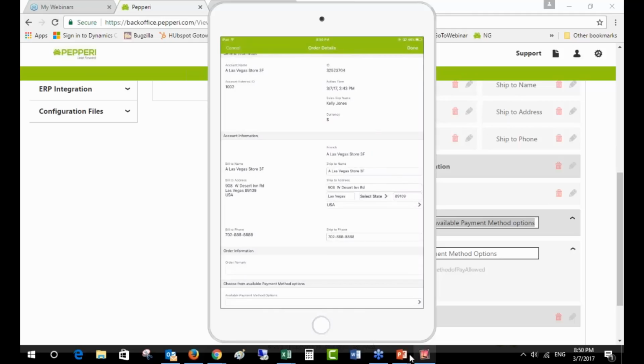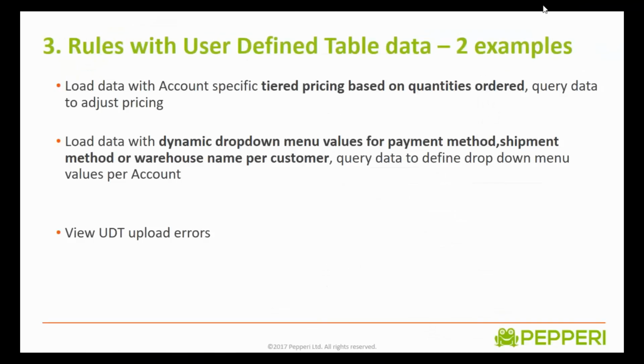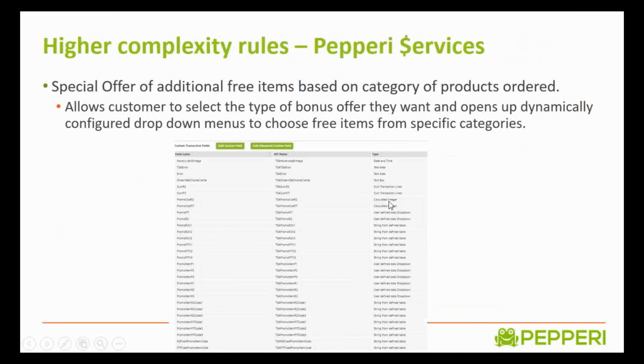Okay, so those are my examples. We are finished with my examples. I told you I would mention just higher complexity examples that require Pepperi services, services that we sell at a fee, that we provide you with a scope of work contract and so forth, for much more complex rules, more complex requirements as far as dynamic